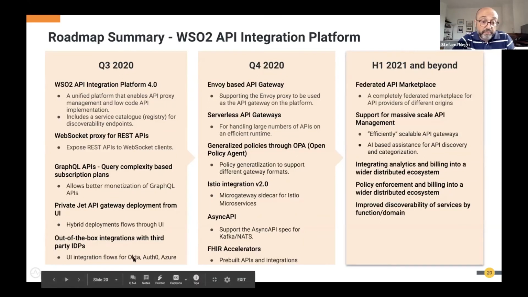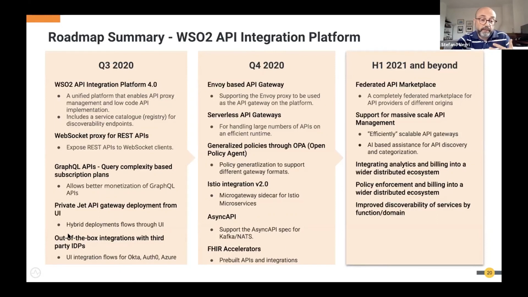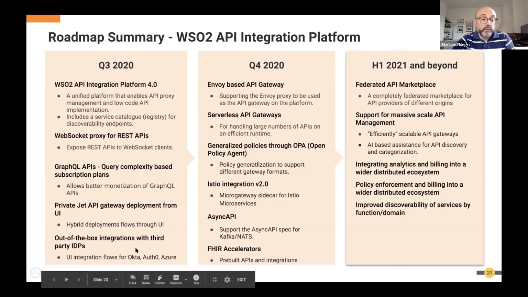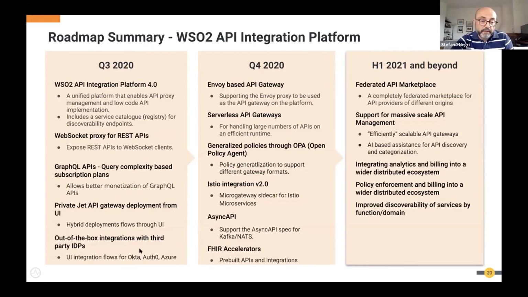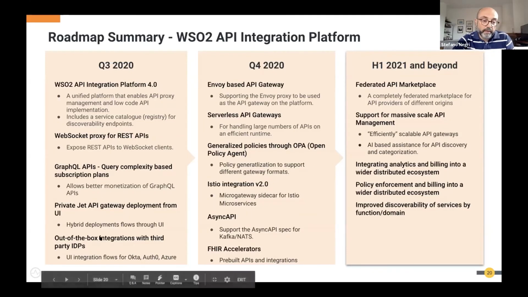And regarding federation, which we discussed a lot so far, we are going to create out-of-the-box integration with third-party identity providers. I mentioned before that one key differentiator of our product is an embedded identity provider, but we also realize many companies already have their own tool. So we want to make the setup of an external identity provider easier, and we will accomplish this in the next release.